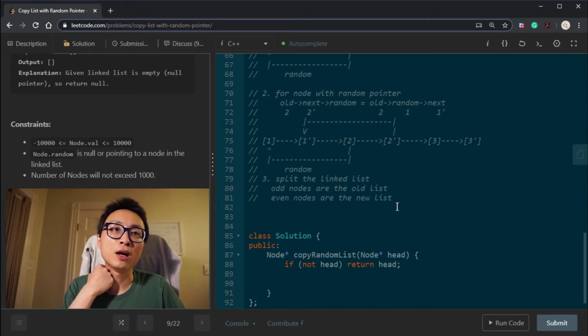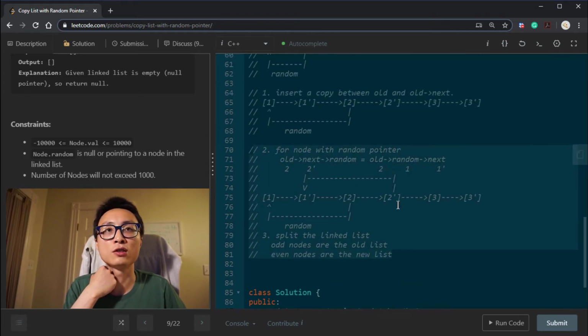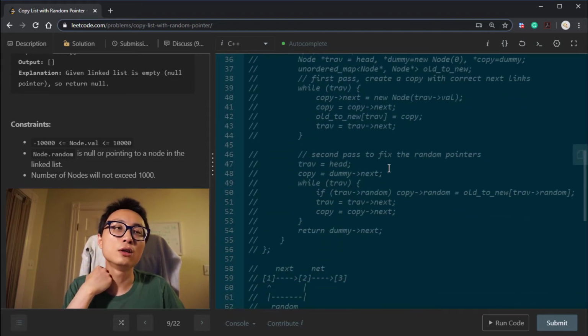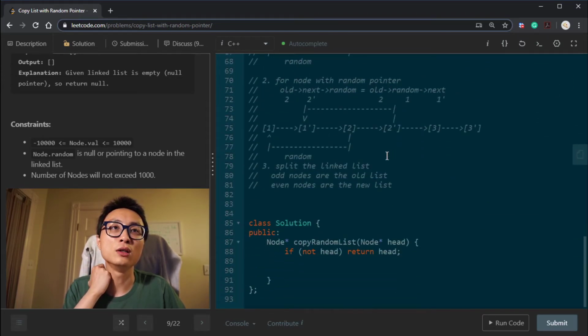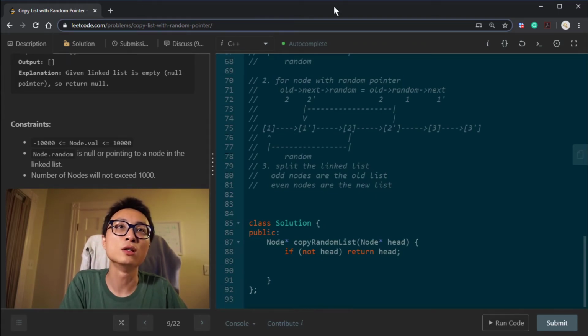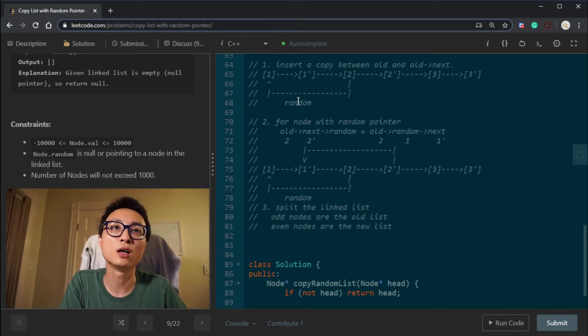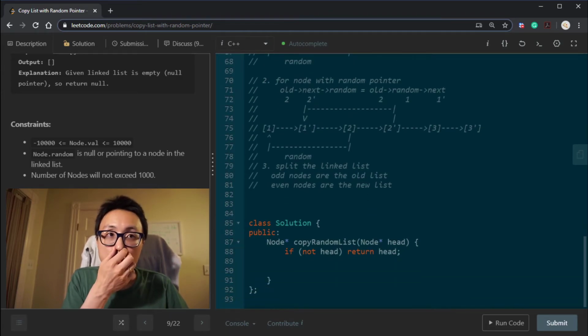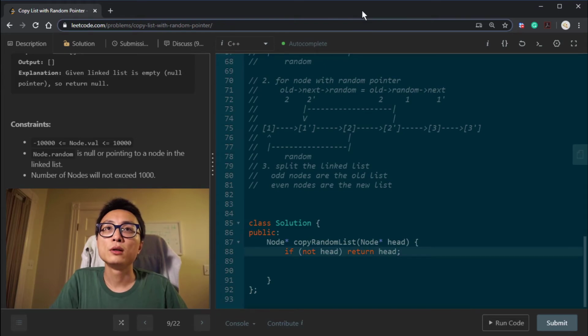But we do have to do this in 1 more pass. So you see that this is a 3 pass. For that one, it's 2 pass. So even though the time complexity is going to be dropping the constant multiplier, it's going to be the same order of n, but this one does take a little bit longer. So with that, I'm just going to code this up.